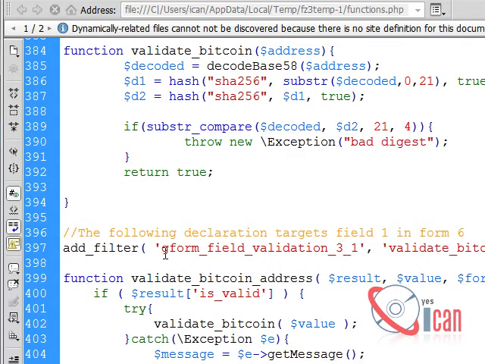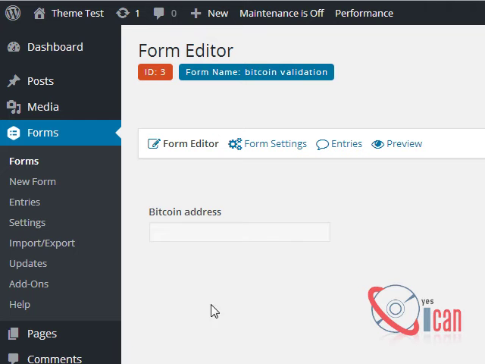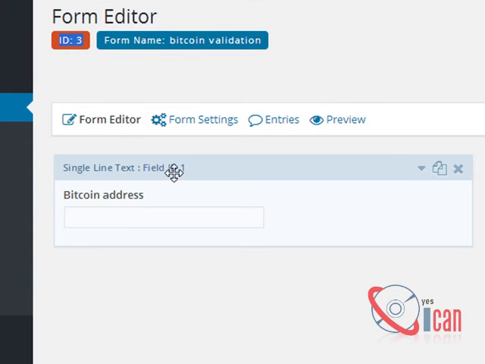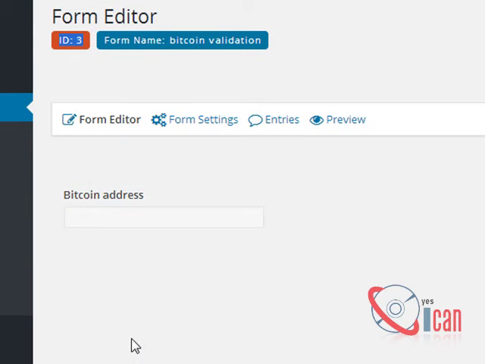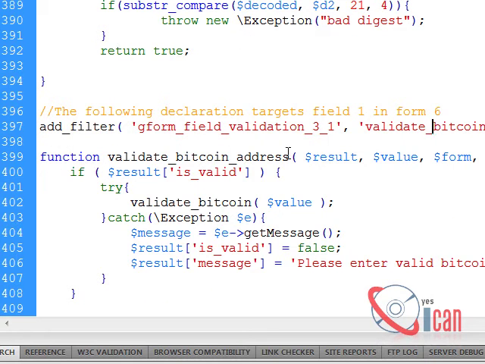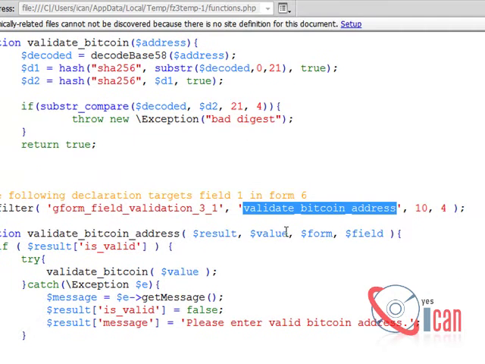In this case, gform_field_validation_3_1 means 3 is the form ID and the last one is the field ID. We have already checked it here. You can see the form ID is 3 and the field ID is 1. So this was the filter, gform_field_validation_3_1, and validate_bitcoin_address is the function which is attached to